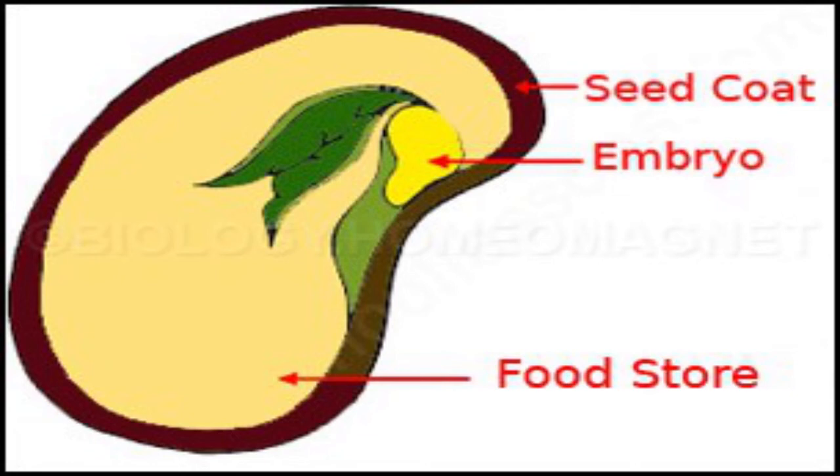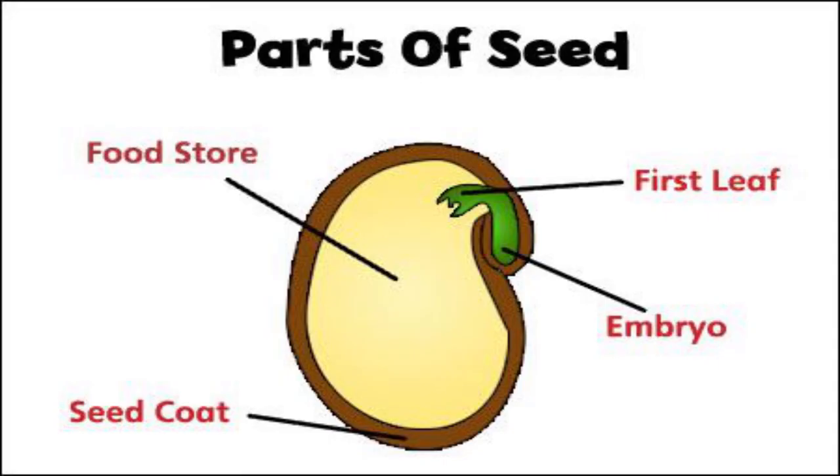Structure of a seed. A seed has three main parts: the seed coat, which protects the baby plant, and the seed leaves that have food stored in them. The baby plant uses this till it grows its own leaves. The seed also contains the embryo, which grows into a baby plant, which is the new plant.